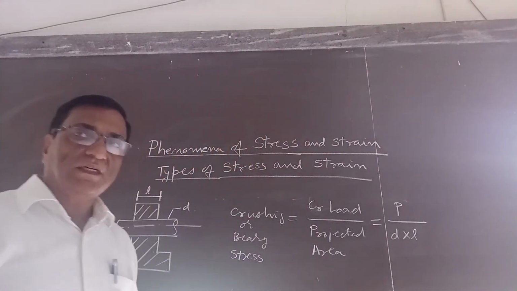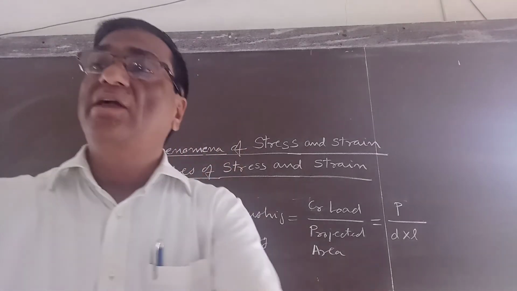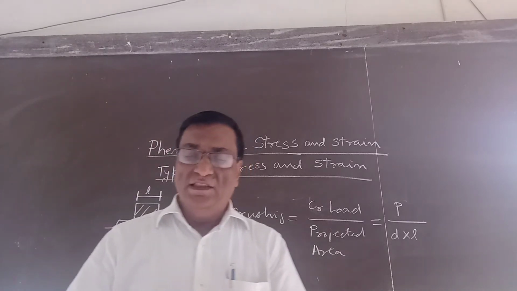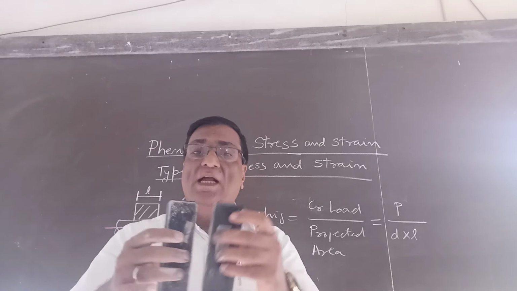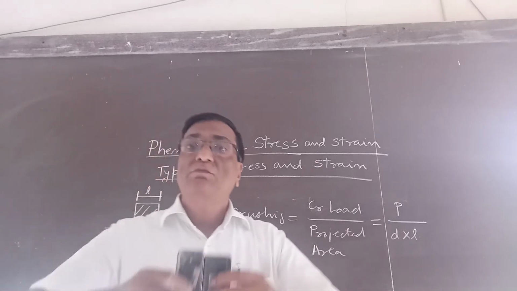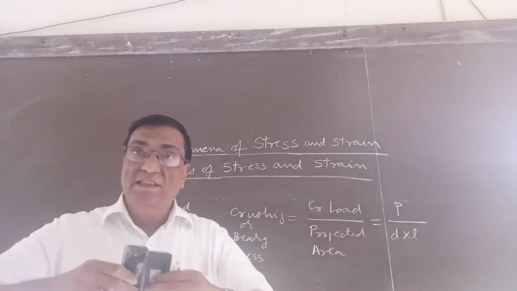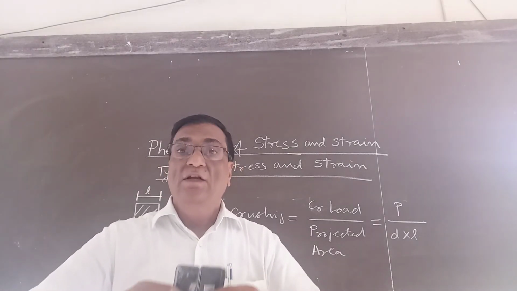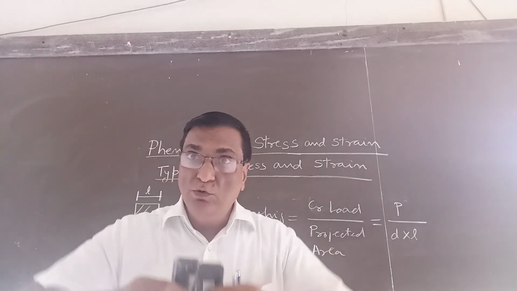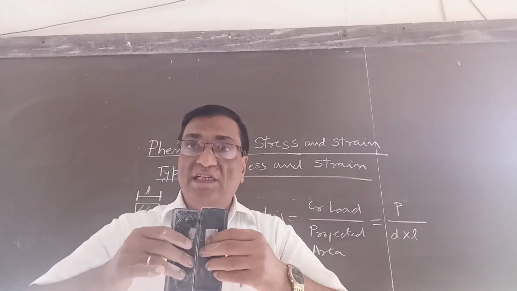Now next is the crushing stress. When two bodies are in contact with each other, suppose these are the two bodies in contact, then at the contact surfaces compressive or crushing stresses will be developed if the members are subjected to compressive load. So what is crushing stress? Crushing stress is defined as, when the two members in contact are subjected to compressive load, the localized compressive stress developed